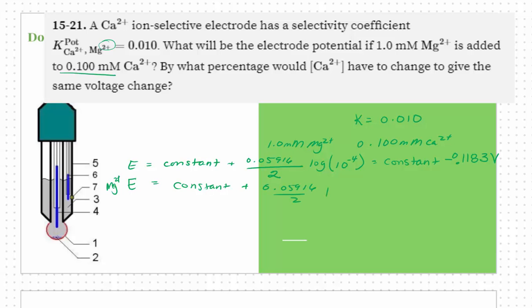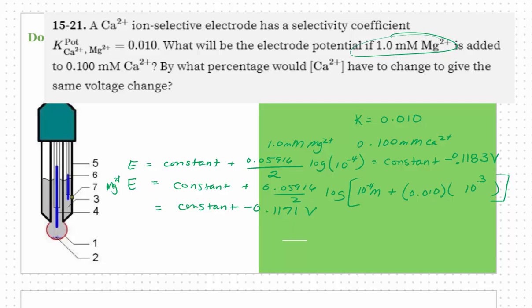0.05916 over 2 times the log, and this is where we start adding things together and we put in that selectivity coefficient. So we start with our analyte of interest, which is 10 to the minus 4 molar, plus the selectivity coefficient 0.010 times the inert ion. In this case, that inert ion is the magnesium at 1 millimolar, so 10 to the minus 3 molar. We crunch all of those values and we get, the E with the magnesium is then equal to some constant that we don't know yet, minus